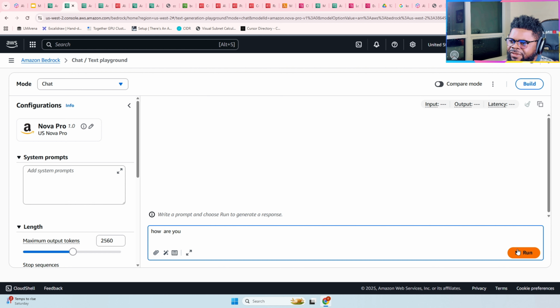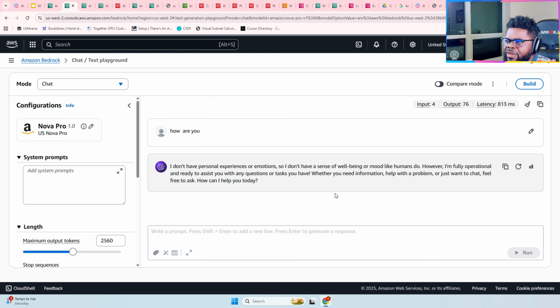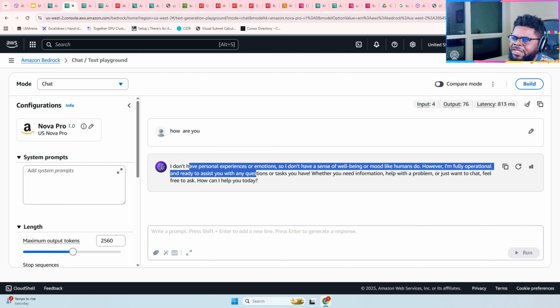I think everyone is familiar with this, right? Yeah, this is basically, I don't have any personal experience or emotions, but this is generative AI. So it means this model, I'm already using it. There are many ways you can use this generative AI already, because we've seen how we're using Lambda, we're using Lex and all that. So anything you are doing today with generative AI, you still can do it with all your AWS applications, or